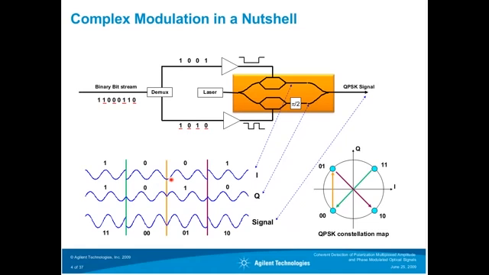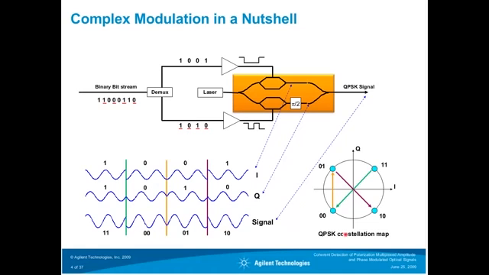And in the lower arm, you start with a 1 again, but this time you have a sine because of the 90-degree phase shift up here. And switching from 1 to 0, there's another 180-degree phase shift, so it's a minus sign, and another 180-degree phase shift gives a plus sign. So if you add up those two, which you do up here in the modulator structure, you end up seeing these waveforms coming out of the modulator. So there's a 1, 1, then there's a transition to a 0, 0, which in the constellation diagram is from the upper right corner to the lower left corner.